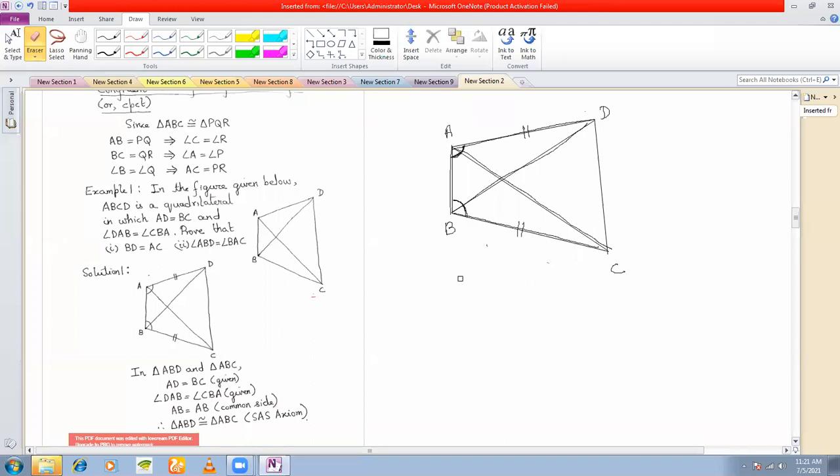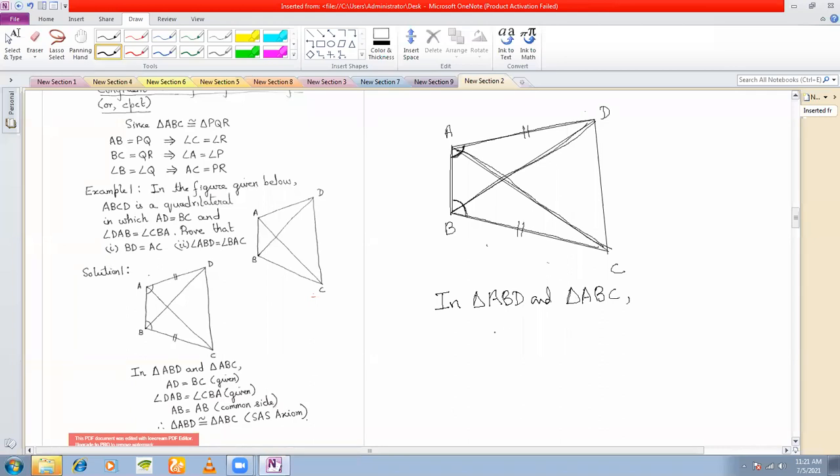Okay. Also, sometimes the question gives you a little hint which triangles you have to prove congruent. See, it is given, you have to prove BD is equal to AC. BD is the side of this triangle, and AC is the side of this triangle, isn't it? So sometimes this also gives you a hint. So we'll try out these two triangles. Let's see, in triangle ABD and triangle BAC. These two are the triangles that we want to prove congruent.